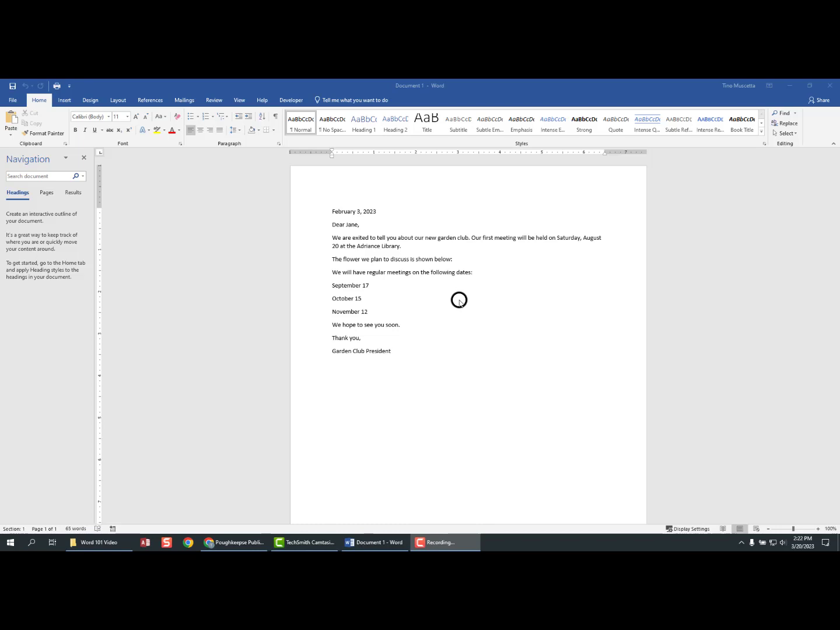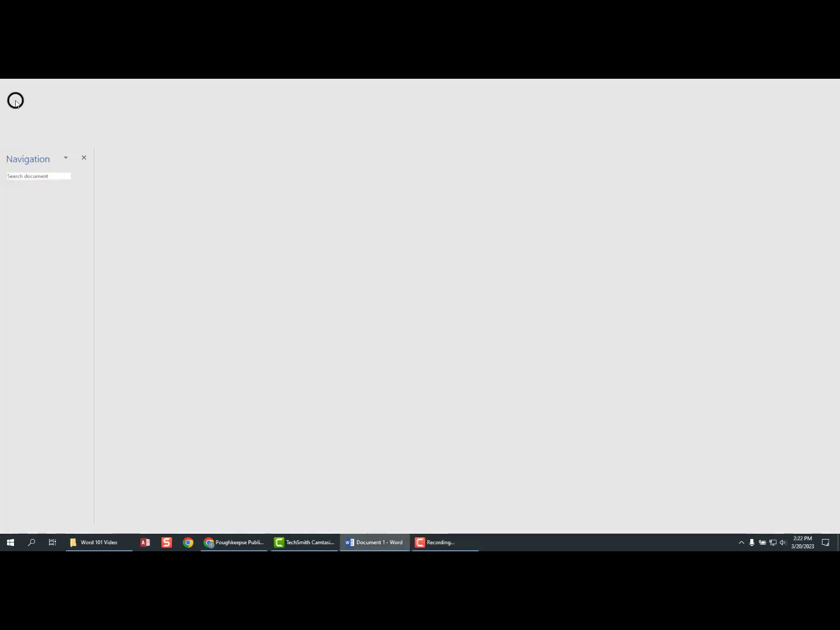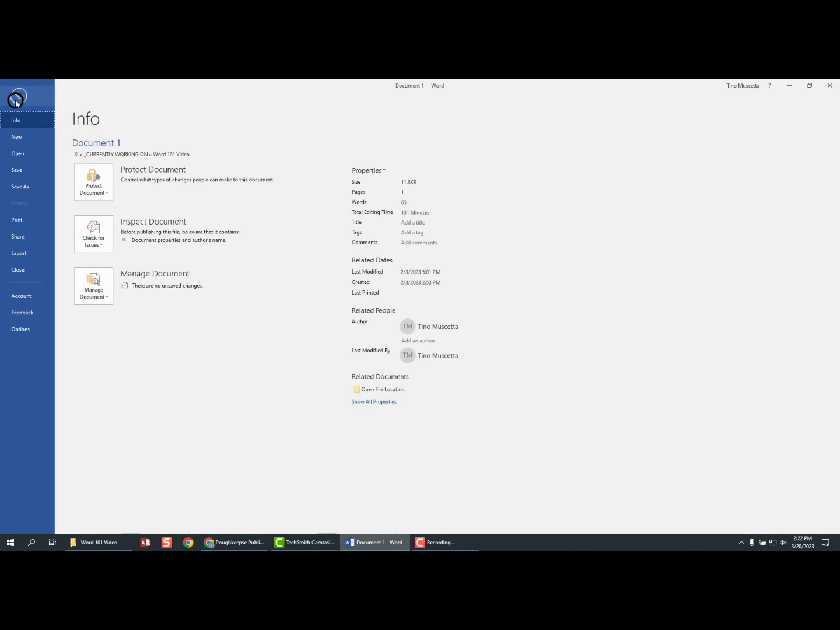Now that we've typed the letter, this is a good place to save our file. In order to do that, we're going to take our mouse and go over to the File tab located in the upper left-hand corner of the screen, and left-click. Now that brings us to several options. We're going to scroll down to Save As, left-click that,